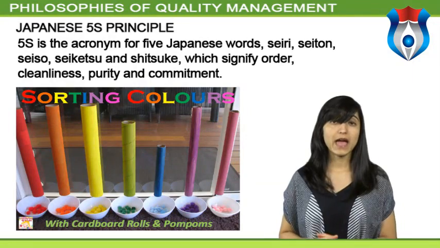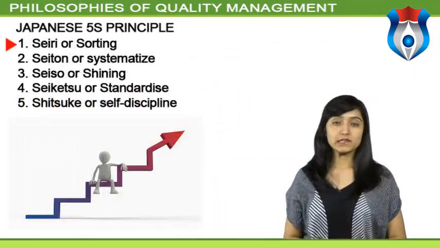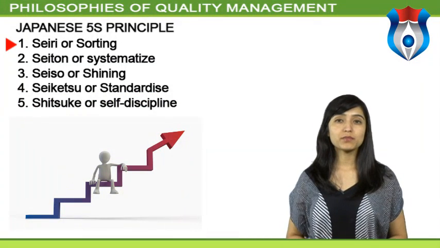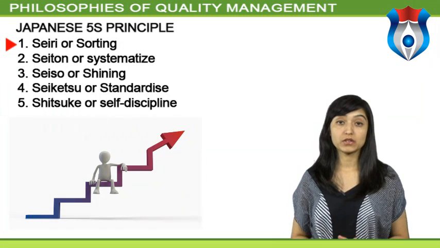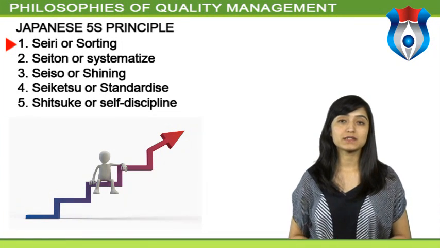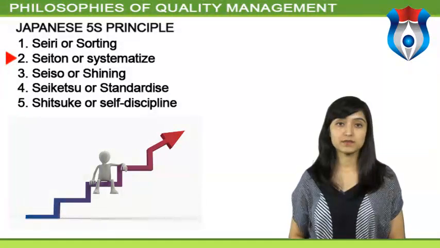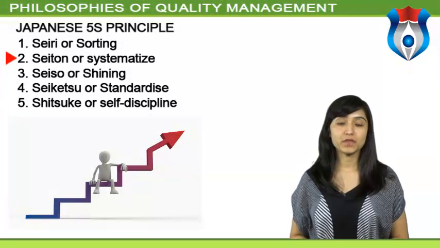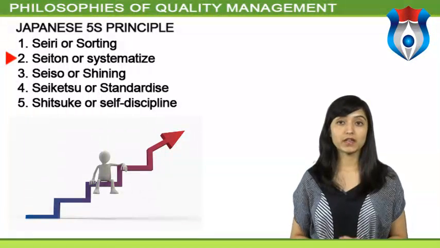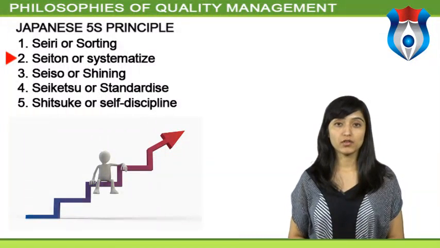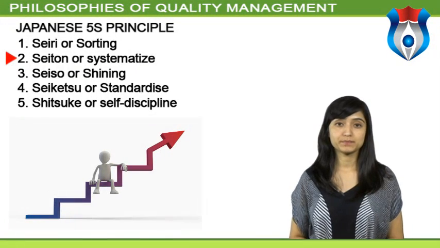There is an order and logic to how 5S is carried out, which is Seiri or sorting. Seiri means sorting through everything in each work area. It requires keeping only what is necessary. Seiton or systematize. This is the next step. It requires organizing, arranging and identifying everything in a work area for efficient retrieval and return to its proper place.